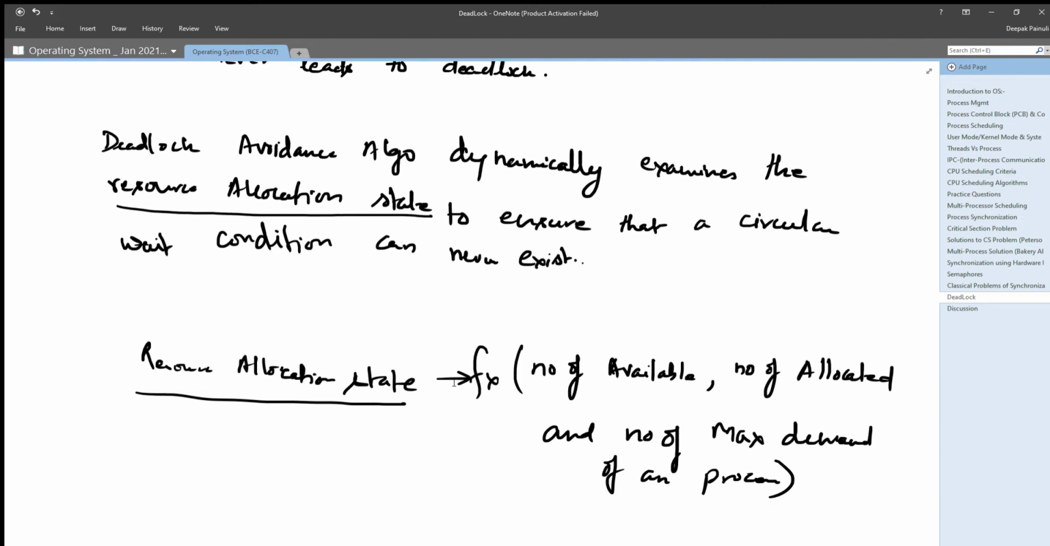maintaining the information about available